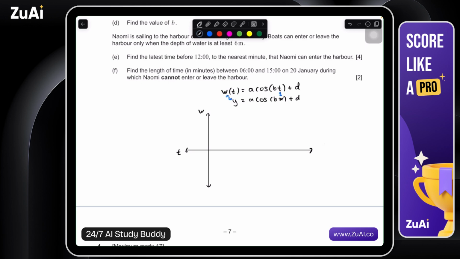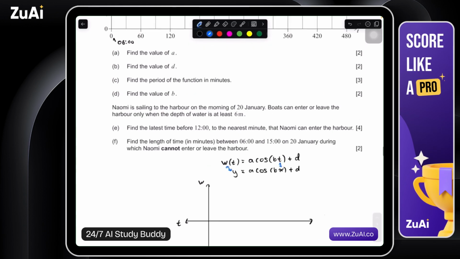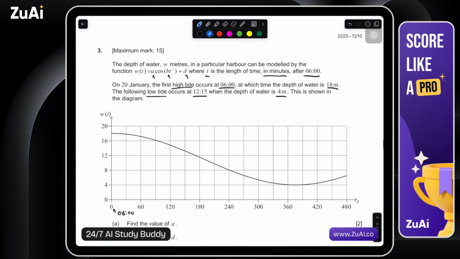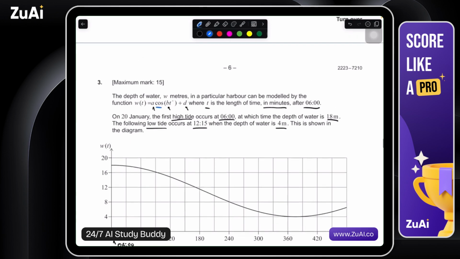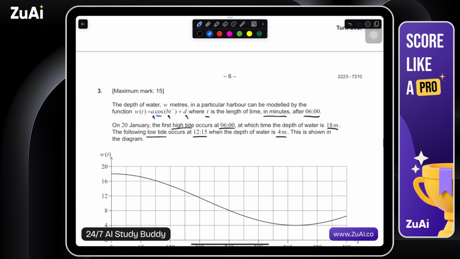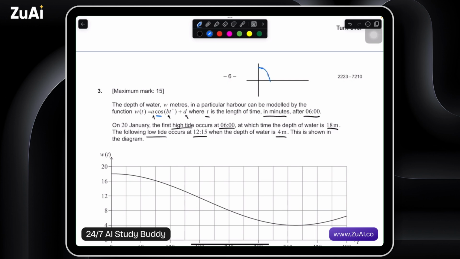Okay, so we have 2 functions. In the IB, they'll always give us the function. They'll always tell us it's a cosine or a sine function. The only difference between the two, I'll make another quick graph up here, is that a cosine begins at its highest point and then sweeps through a full cycle,